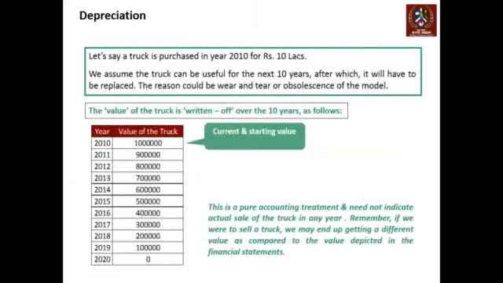Let's take an example. Let's say you purchased the truck in 2010 for 10 lakhs. Now we assume that the truck could be useful for 10 years, after which it would have to be replaced. So when you bought it at the end of 2010, the value was 10 lakh. That's the current and starting value. Every year, because the life is 10 years, we're going to use what is commonly known as the straight line